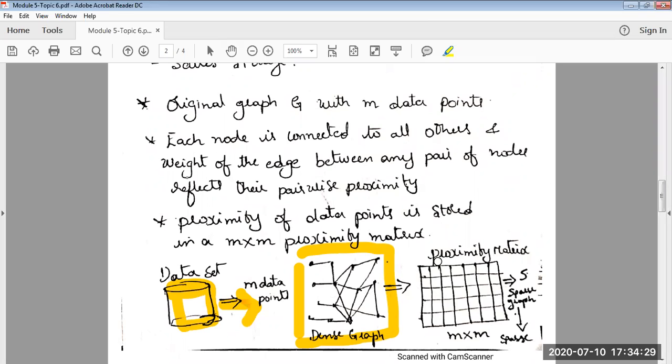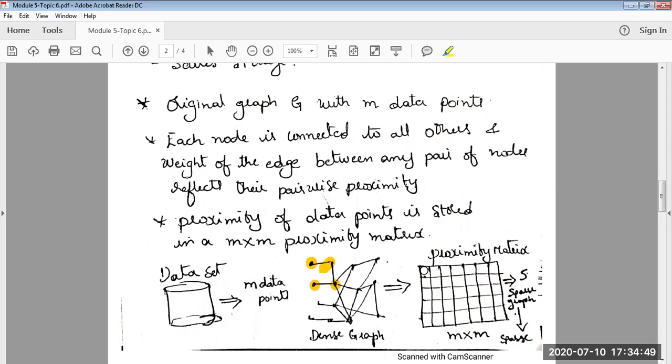You can see what a proximity matrix is. It was already explored in the previous algorithms. A proximity matrix is an n cross n matrix containing all the points in the graph and the weights on the edges. For example, you have the points P1, P2, P3, P4.